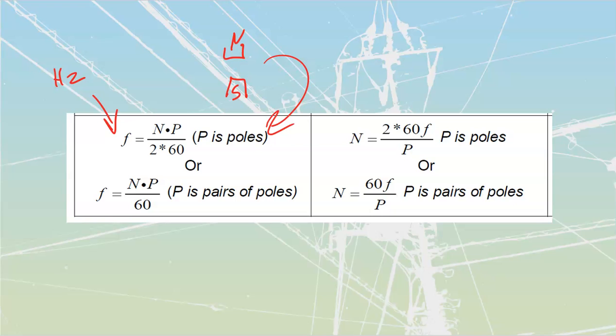If I wanted to count them together as a group, as a pair of poles, I would use this formula. And note that this one over here just is not divided by 2. This top one is divided by 2 because it's got two pole pairs. I don't care how you want to look at it. You pick one that you're going to work with, either the number of poles or the number of pole pairs. I'm going to work with the number of pole pairs throughout the bulk of my formulas